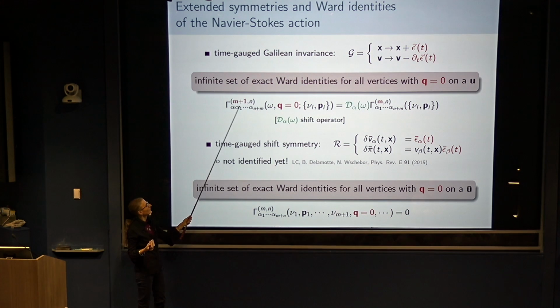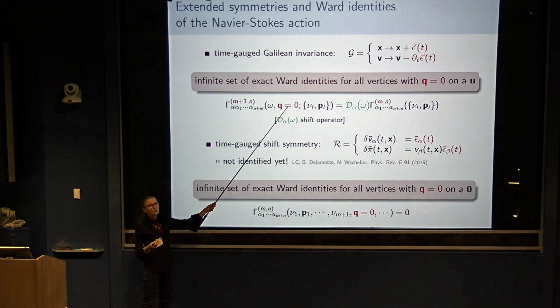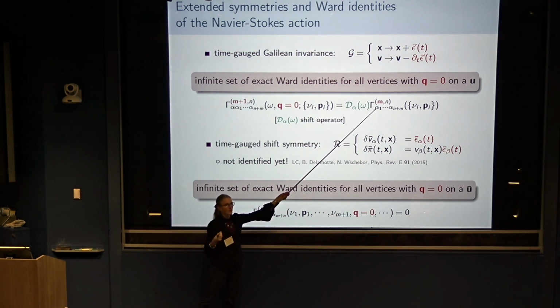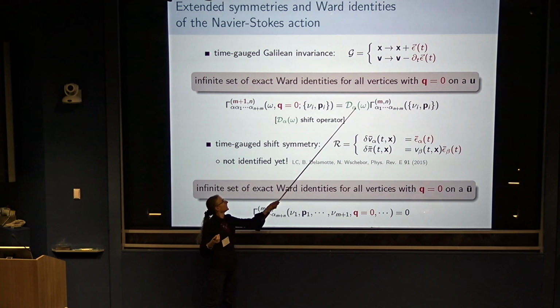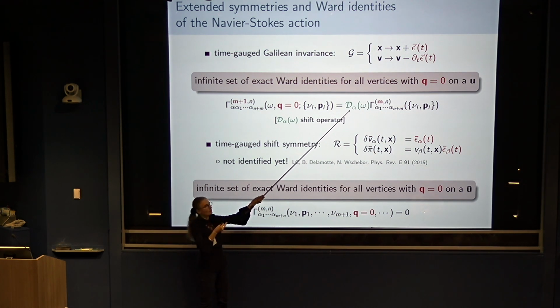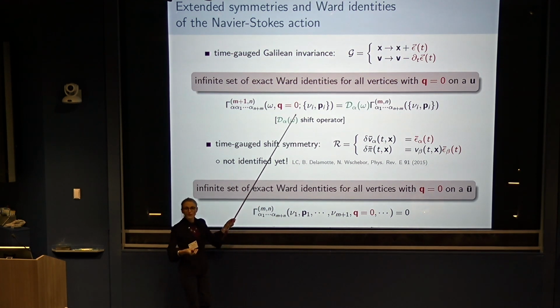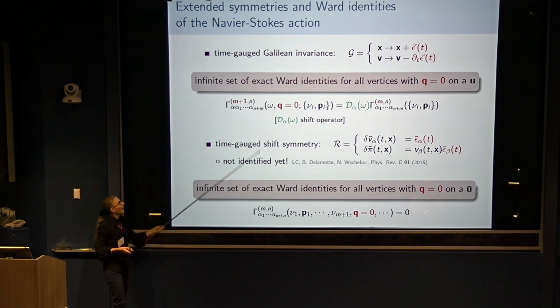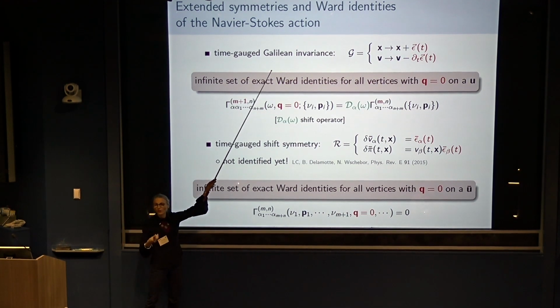And when does it do that? As soon as you have a zero momentum carried by a velocity. So if you have a zero, then you lower by 1 the order. And this is exact, and this operator is essentially a finite difference operator. It's not important in its precise form. And this, in fact, was kind of well known in the literature of Navier-Stokes in the 90s.